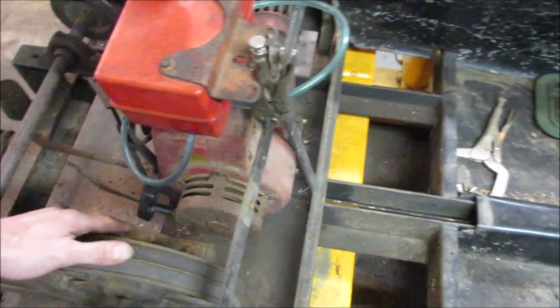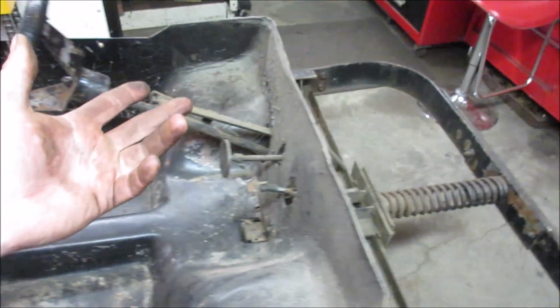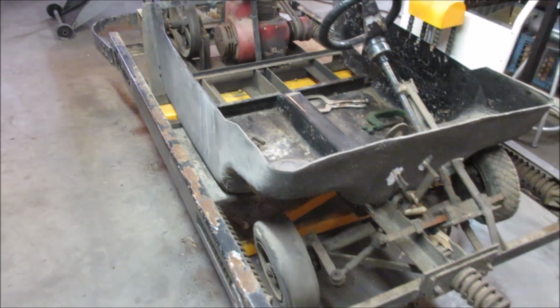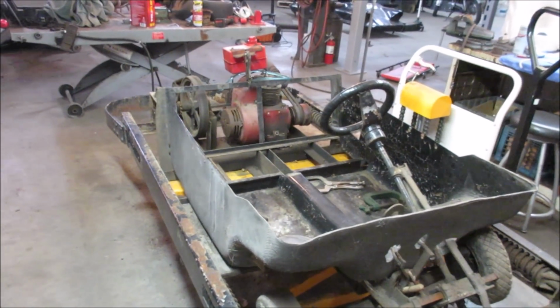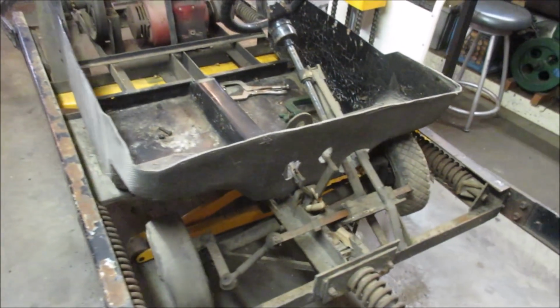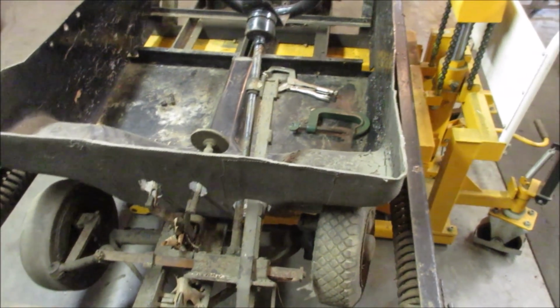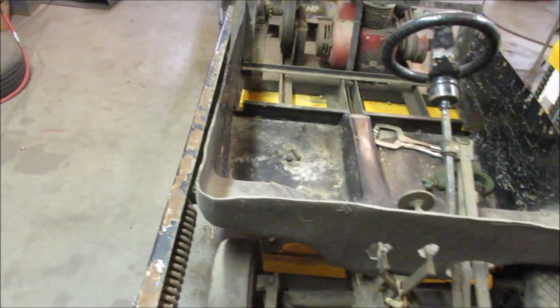Good. It looks like all the mechanical parts are fairly decent. The brakes are just band brakes. The material's probably gone on those. We have to go build something for that. Rack just looks like it needs some lube. Tires are on order. So I have a feeling we're going to break this up into 2 videos